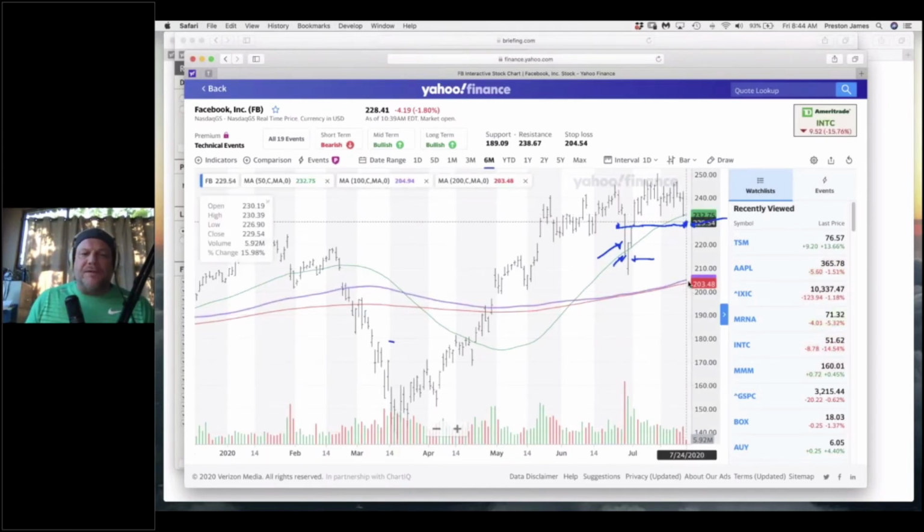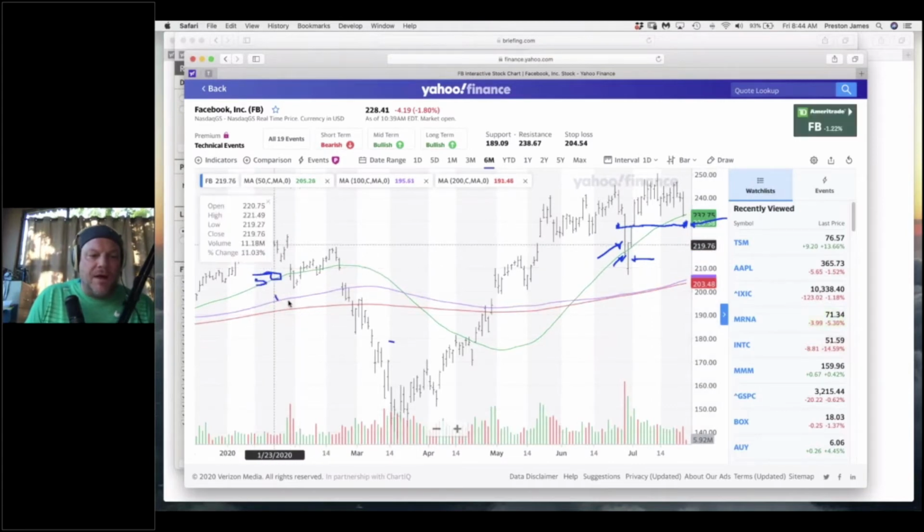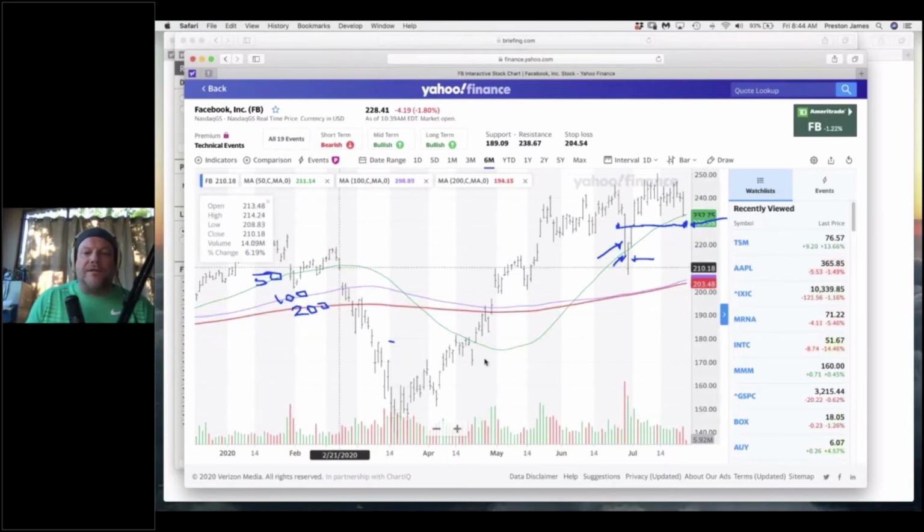Another little thing on the side for a longer term trend, it's always healthy to see. Of course, this is the 50-day moving average. This is the 100, and this is the 200. So 50 is the green, 200 is the red, the purple is the 100. It's in between. Well, of course, COVID knocked all these like crazy, but one thing to see for a longer term